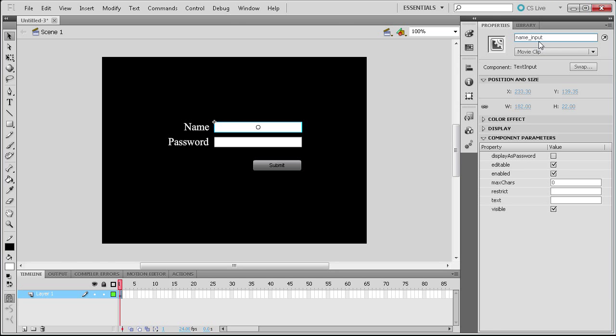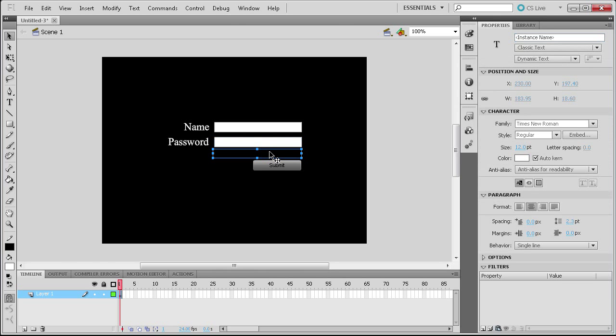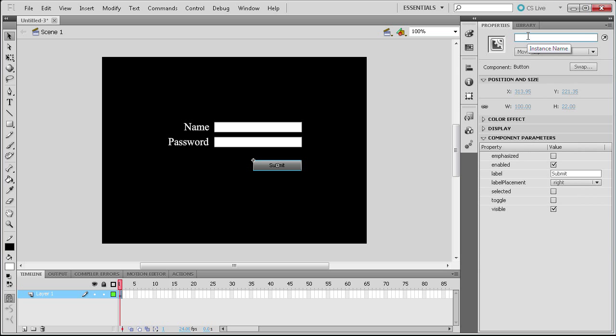Alright, so that's just give it a name of basically what it's doing. So you're inputting a name there, so that is easy to remember. And then we're going to do the same thing for passwords. So we're going to say pass underscore input. And then for our little hidden field here, we can call it, I don't know, how about like error field? Because it's going to be shown only if there's an error in their password and name correlation. So then we can go down to our button, and for the instance name on that, we can just call it submit